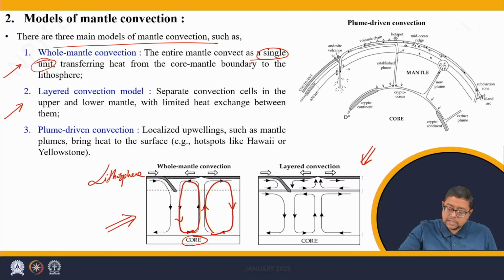For example, this diagram shows the layered convection model in two layers. There is this first layer which is closer to the surface and is smaller than the second layer which is deeper inside. The first layer has a different material property than the second layer. Hence, the total convection is being divided into two layers. This is a dual cell layered model. There can be more than two cells or two layers in a layered convection model.